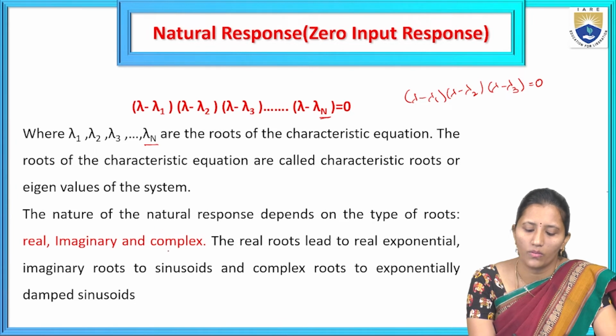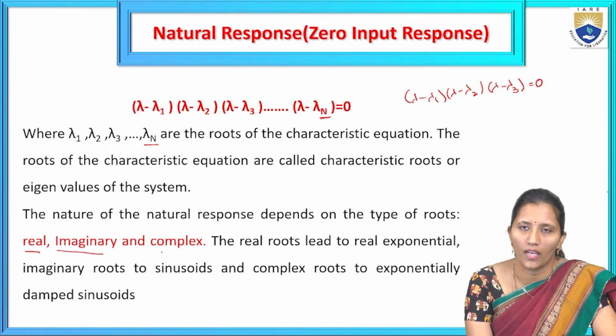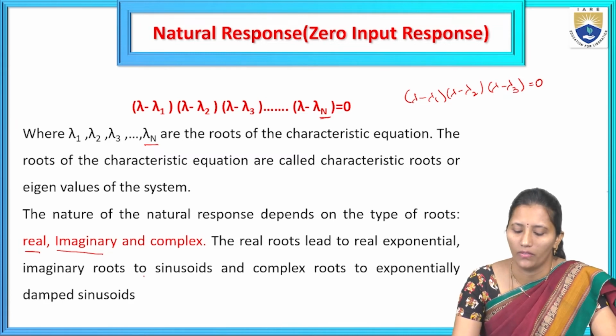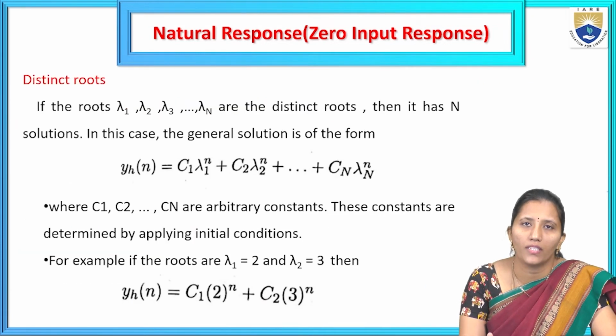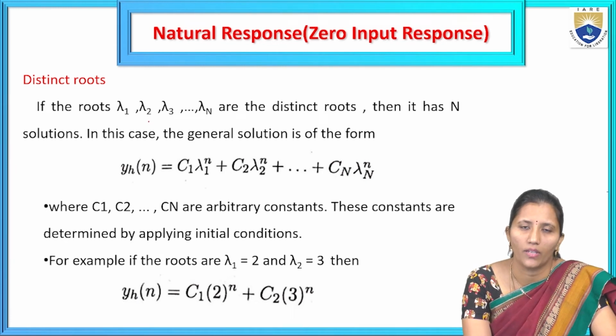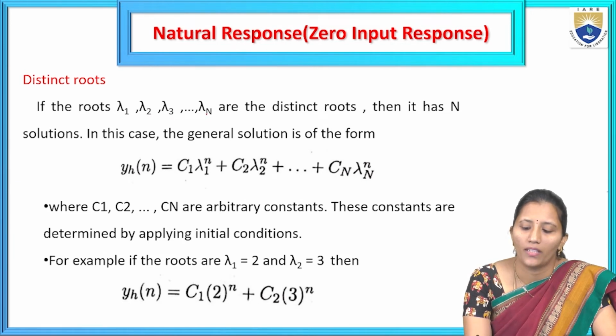If the roots are real, or imaginary and complex, or repeated roots, we have to first identify that, and according to that we have to write the homogeneous solution. Whatever roots we get for the characteristic equation, if the roots lambda 1, lambda 2, lambda 3, up to lambda n are distinct roots,